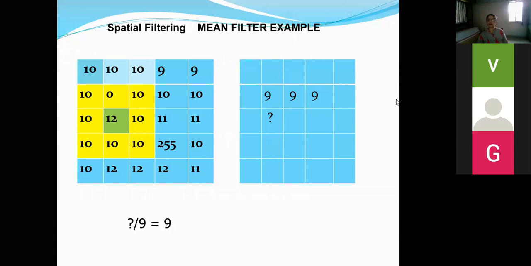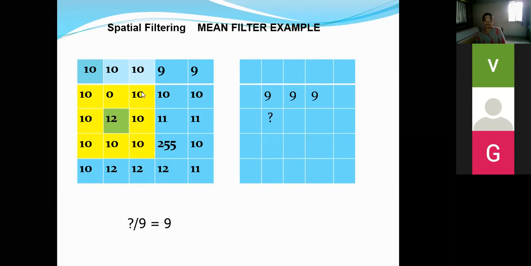Yes, it's very good you are asking these questions, because many other students might be having this doubt. We also consider the central value, because we are determining the new value of the central pixel. The central pixel is the pixel under consideration. It contributes maximum to the result. Of course we have to consider the neighborhood as well as the central pixel, because we are modifying this pixel.